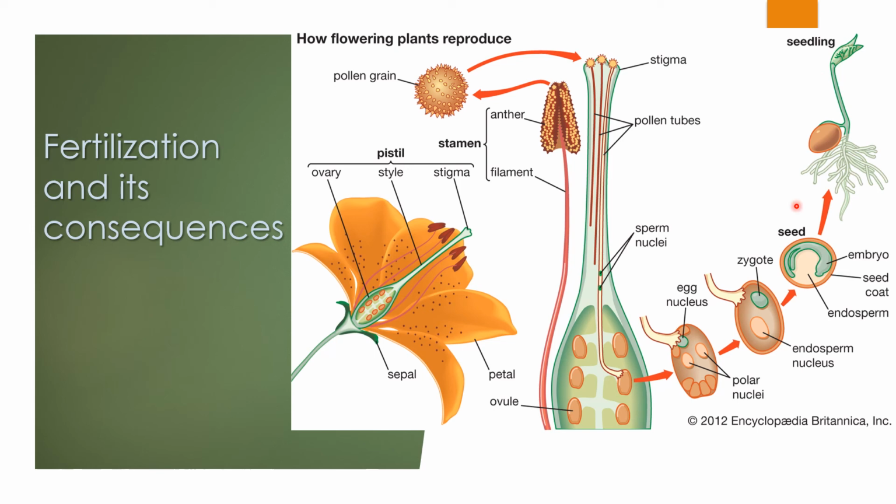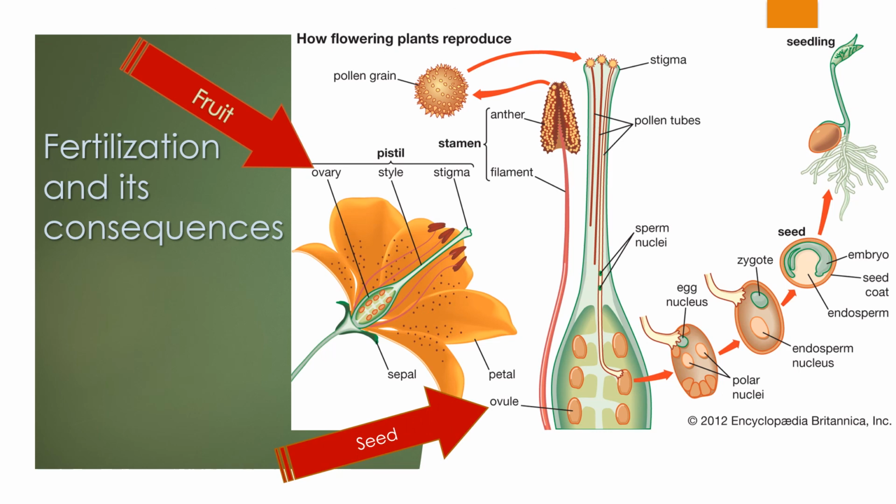But for the development of the embryo, its nutrient source is actually the endosperm, and it is formed by the fusion of the polar nuclei with the other sperm nucleus. So after the fusion of the other sperm nucleus with the polar nuclei, the endosperm is produced, which serves as the source of nutrients for the developing embryo. And after the formation of the embryo, the ovary turns into the fruit and the ovules turn into the seeds. And this is the consequence of fertilization. So this is all about the process of sexual reproduction in plants